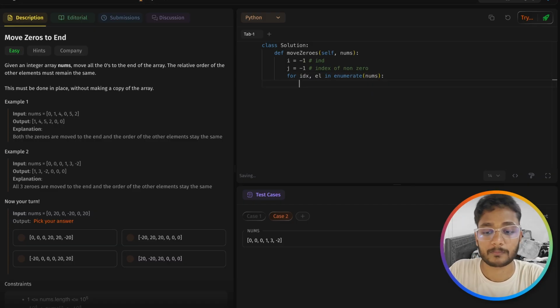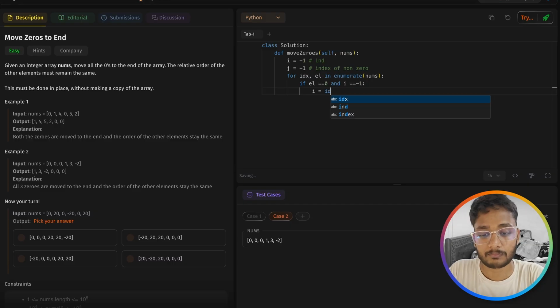Okay, we don't need that. If el equals 0, idx, okay,